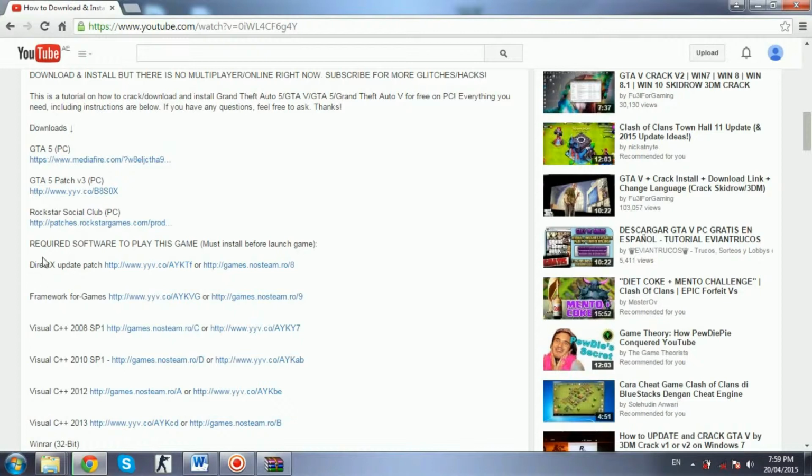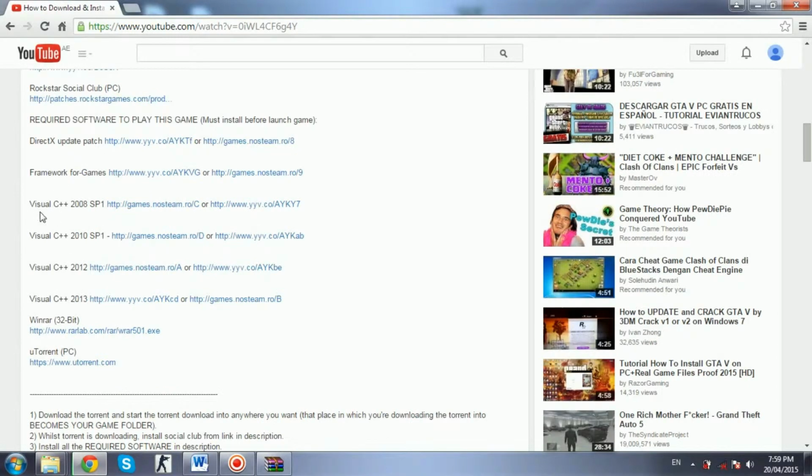I just want to tell you that this game requires some software or drivers to be installed. Make sure you have the graphics driver, DirectX driver, the framework driver, and Visual C++ 2008 SP1 and Visual C++ 2010 SP1. All of them should be downloaded, and everything will be in the description below.